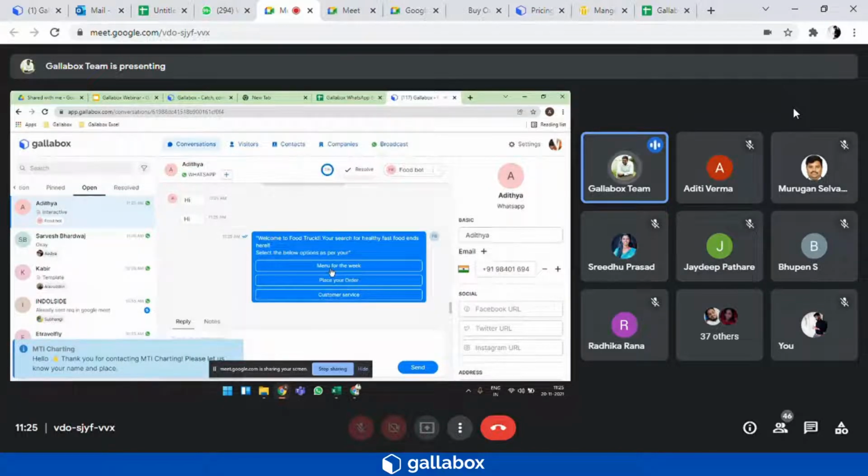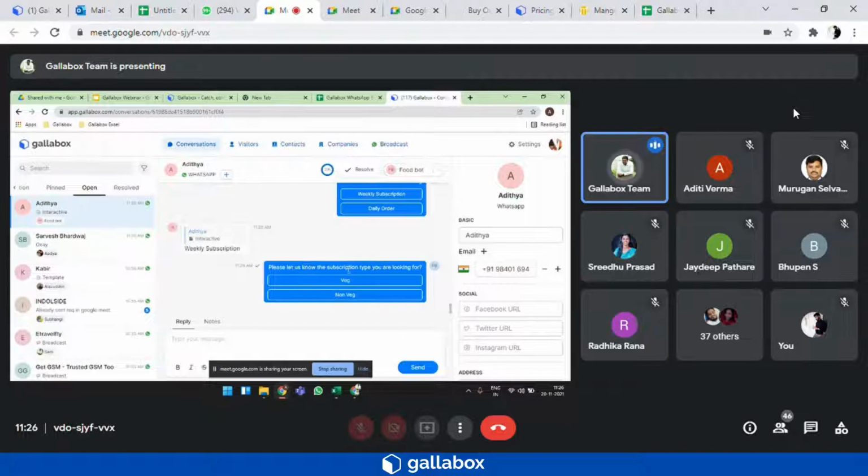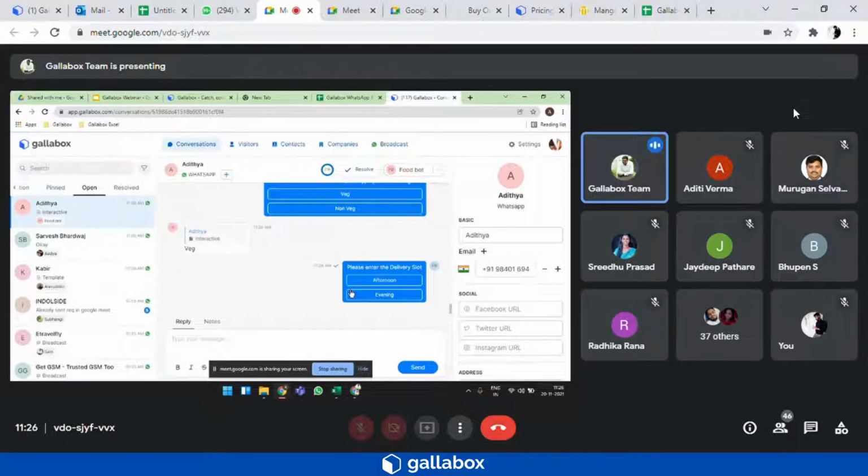So now if I select place an order from my mobile, the following message is sent, whether it is a weekly subscription or a daily order. Now if I click on weekly subscription, it will ask me the subscription type, whether it is a veg or a non-veg. So if I click on vegetarian, it will ask me the delivery slot which I am looking for.